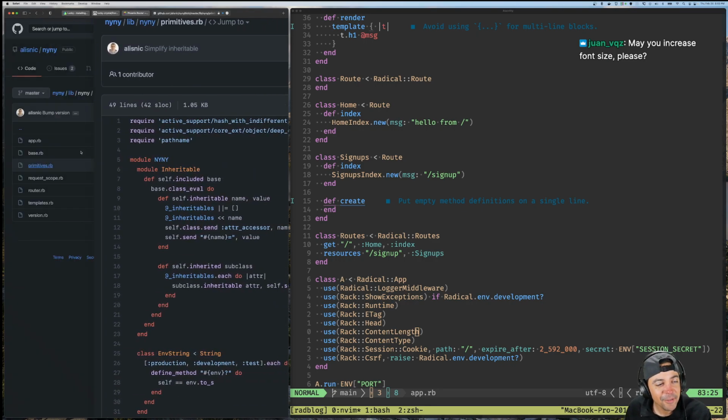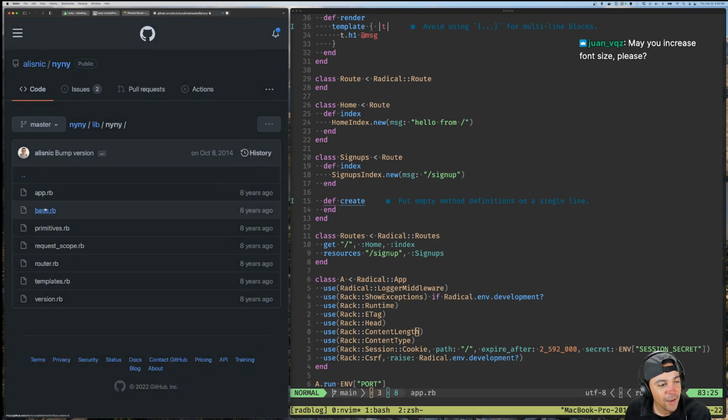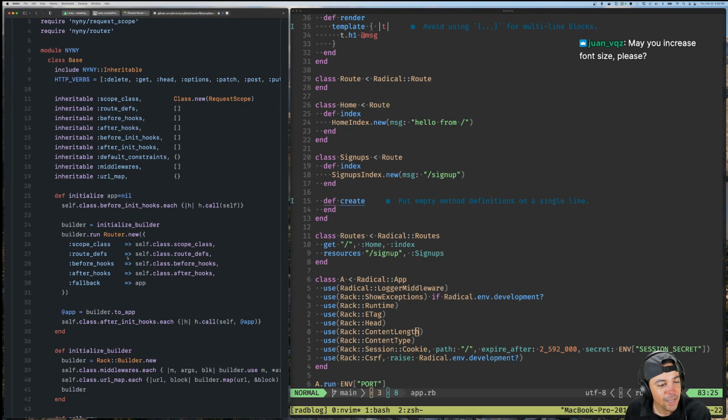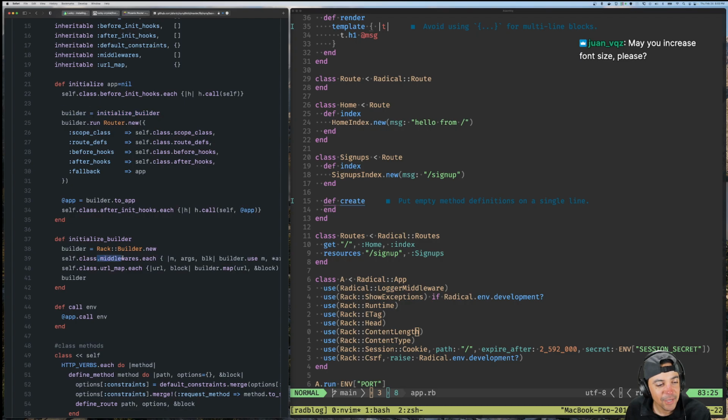And then the thing I really liked about this was this base file. It has the way that it initializes the builder for Rack. And also, you can have middleware inside of the app because it just uses a static method. I was like, oh my gosh, this is genius. Your middleware is part of your app and not the other way around. Your app's not just a middleware. So that was really cool.